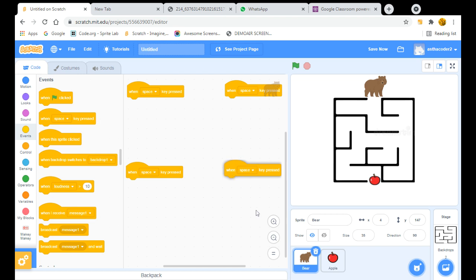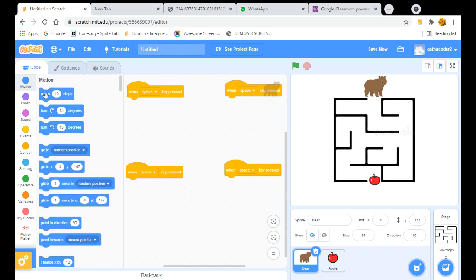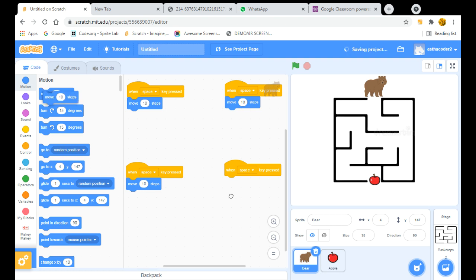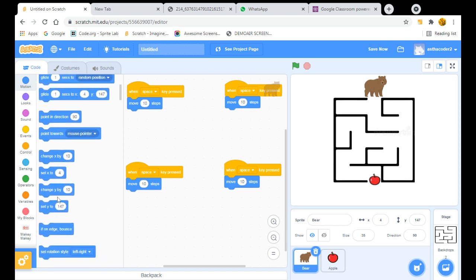I have used that code, and whatever code I used there, I'm using the same code here also. If you forgot or missed that video, you can go to my channel, search the Videos tab, and watch that video from there. You will not find it in the content, you will find it in the videos.